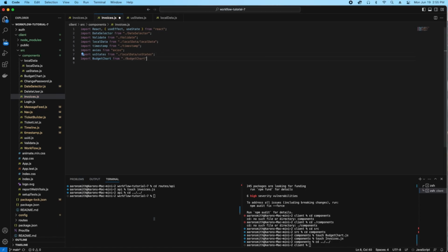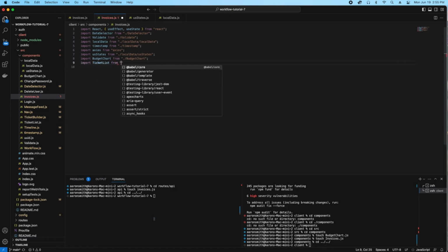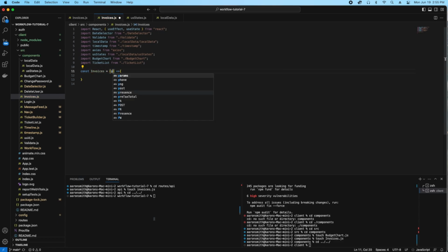And here's the budget chart that we'll be building next, and it will be represented twice. Now, the ticket list, everybody's familiar with. That is our ticket list that we use on every module, and it's what we will be selecting from. So let's get started in creating our invoice,